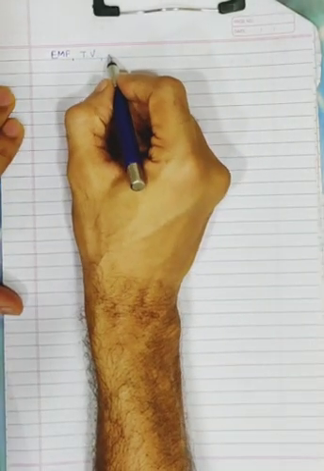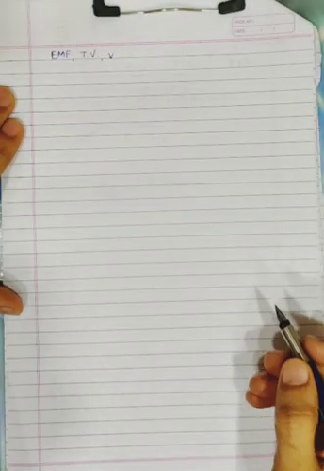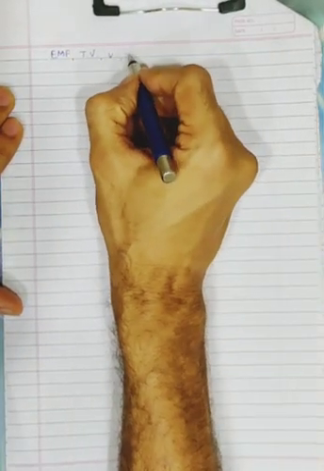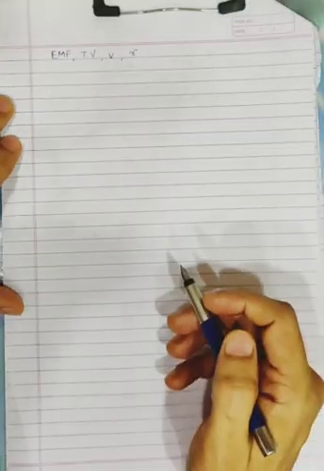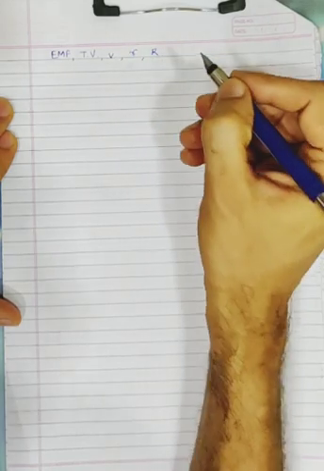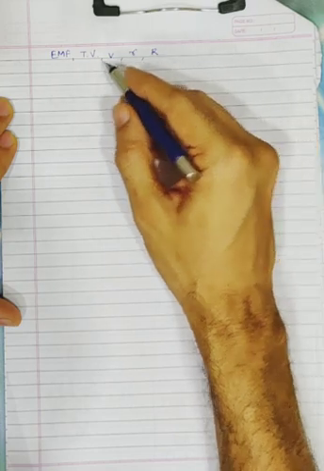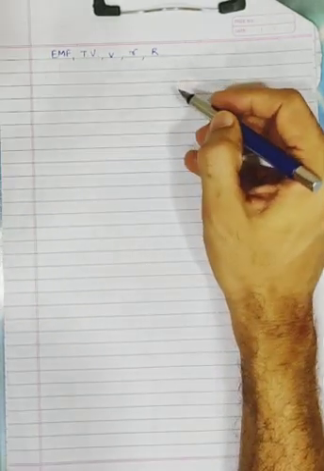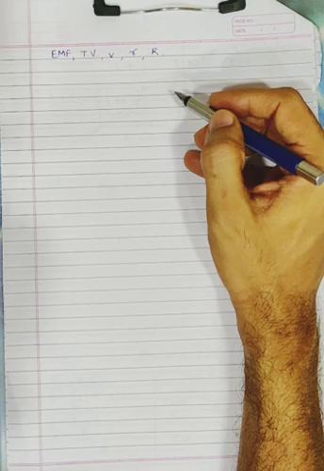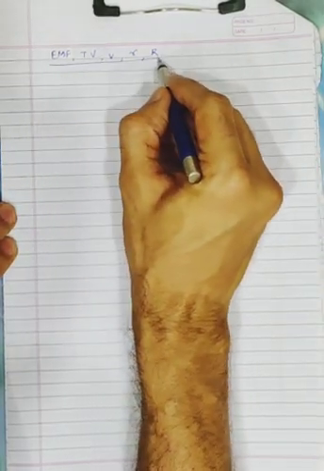Then there is a term called small v, which means voltage drop. Small r, which means internal resistance, and capital R, which you've already done. We used to call this resistance so far, but from now onwards in this category we call it external resistance. Okay, so we are going to learn about these terms now.